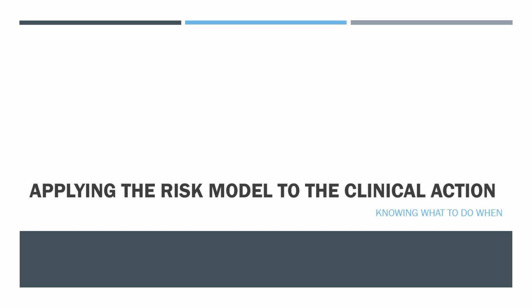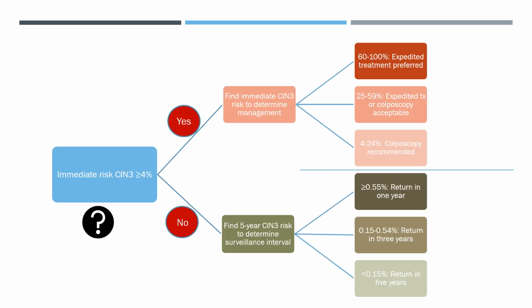So now that we have those risk calculations, how do we apply them? How do we know what to do and when to do it? The most important consideration is that the endpoint to be thought of is always the risk of CIN3. For every clinical scenario, patient history, and test result, the National Cancer Institute identified the percentage risk of CIN3